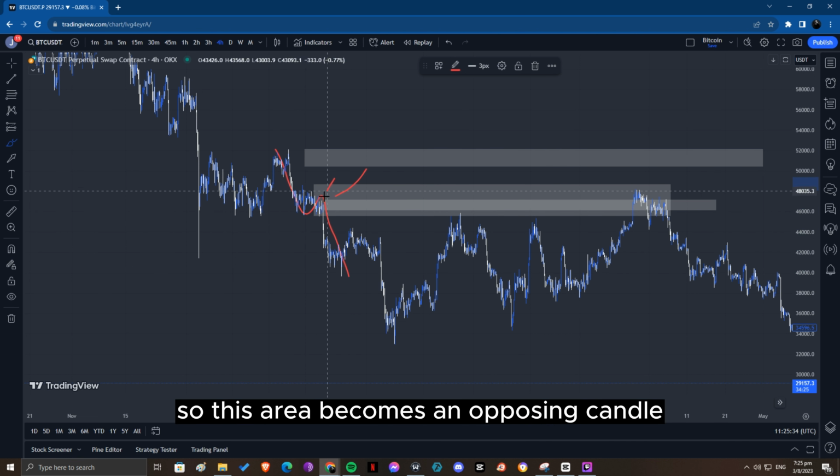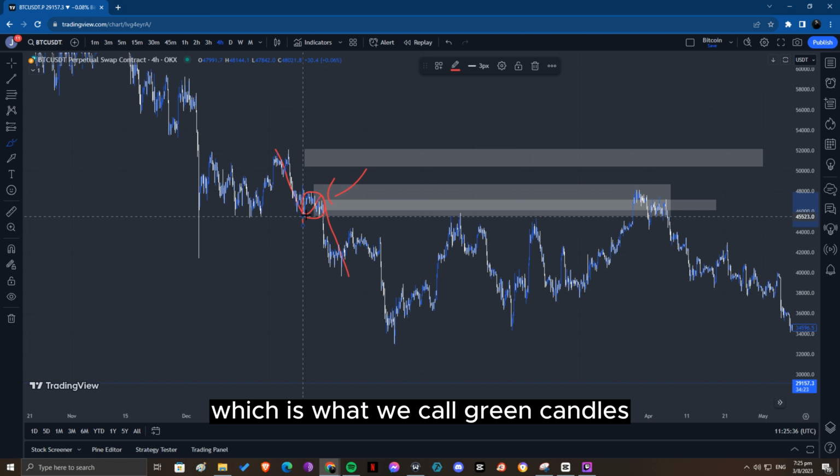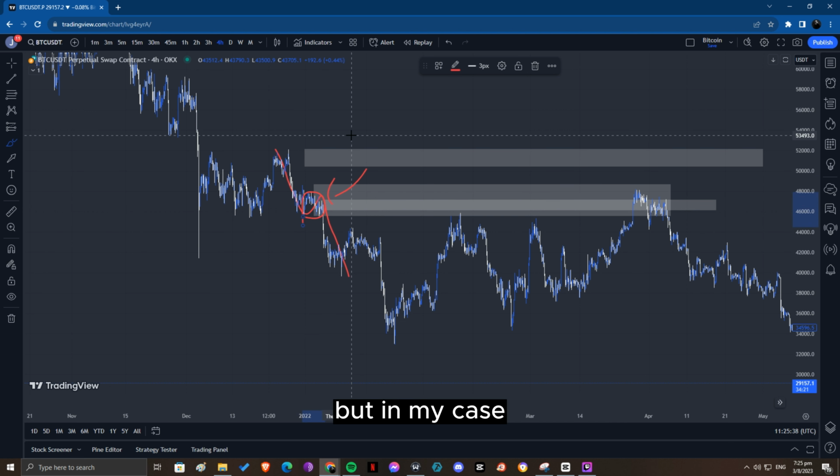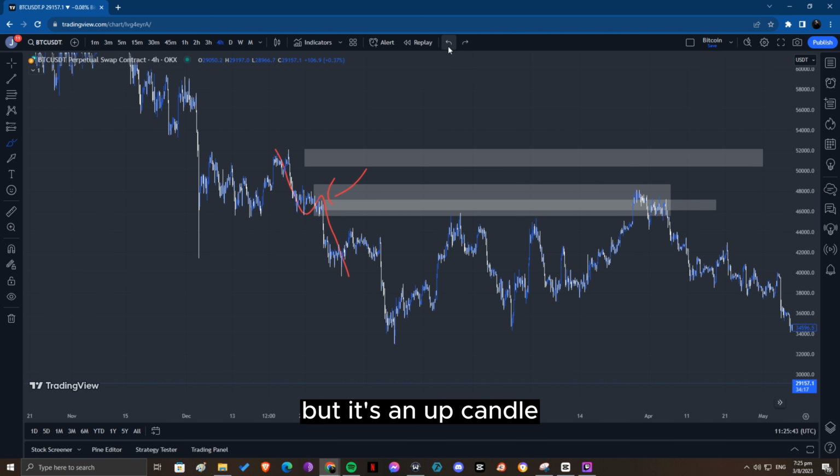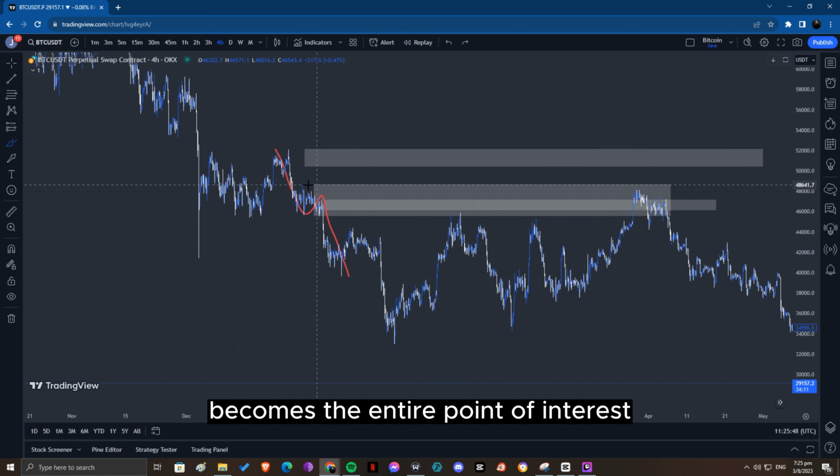So this area becomes an opposing candle, which is what we call green candles. But in my case, it's actually blue, depending on what color you're using for your charts. But it's an up candle. So once we have that up candle confirmation, the entire zone, or what we call an order flow, becomes the